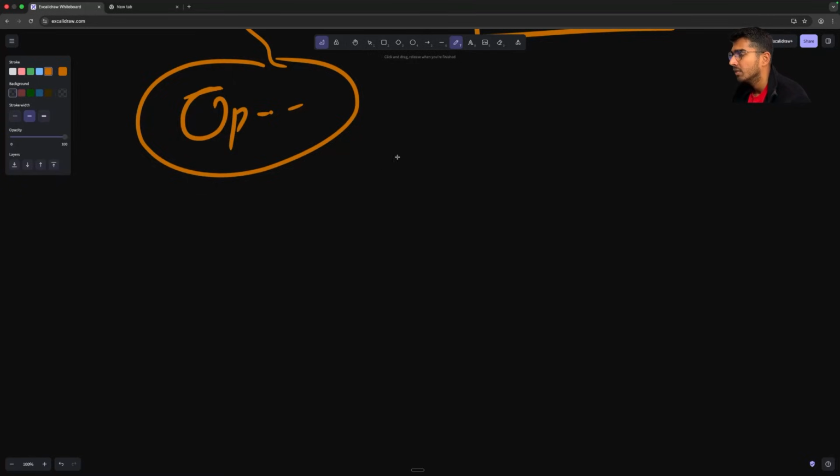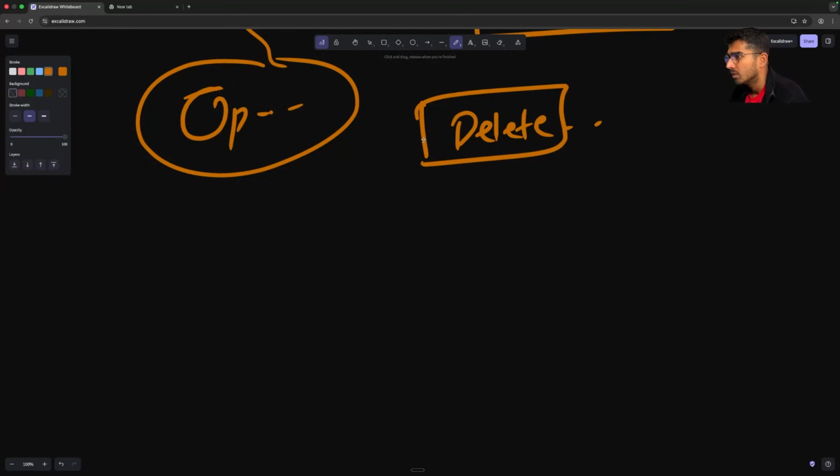Another thing that you might have noticed is that in some SaaS platforms, there is an option to delete account. And what does it mean to delete account? You are using a particular SaaS for, let's say, 1 month or 2 months or 3 months. And after 3 months you decided that for some reason, for some fault on their side, or maybe you do not need it anymore, you want to delete your account and never come back. Or maybe you want to come back after a year with a different account. But the point is, you want to delete your account, and deleting an account usually means deleting all your data